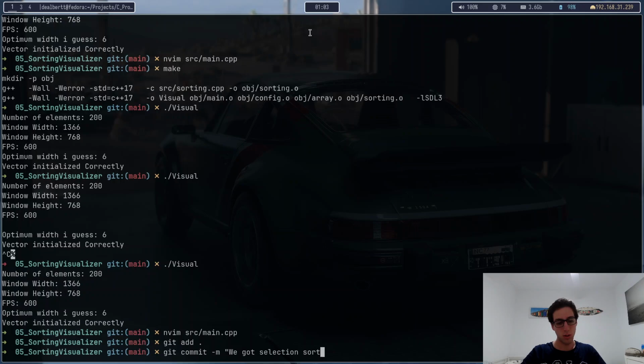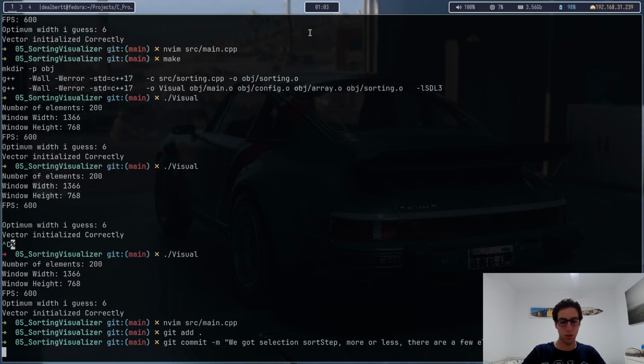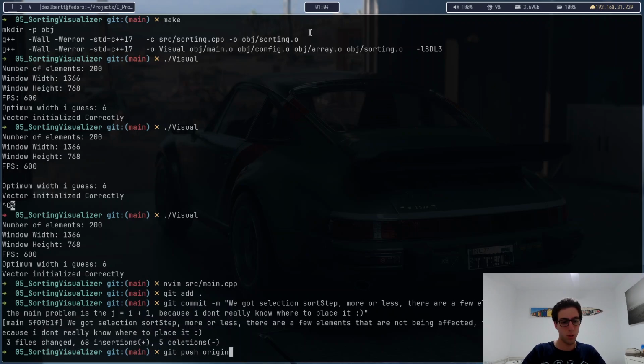Selection sort, more or less. There are a few elements that are not affected. The main problem is the int. No, I mean int j equals i plus 1, because I don't really know where to put it. Boom. And with this